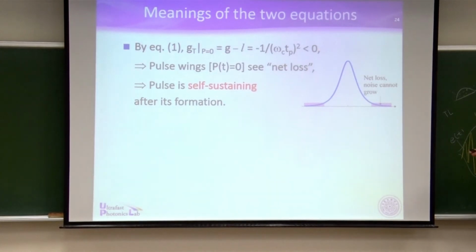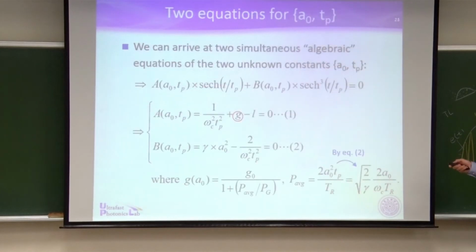Sorry. Your gain has no dynamics, so no matter whether it's the pulse tail or pulse peak, it's always a constant gain, G. So G minus L means the net gain when there is no laser power. And according to equation 1, G minus L has to be this number. Go back to equation 1. G is here, L is here. G minus L is always equal to, shifting this term to the right-hand side of the equality,